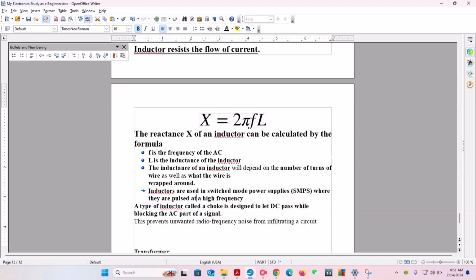Oops. Give me a second here. Just underline